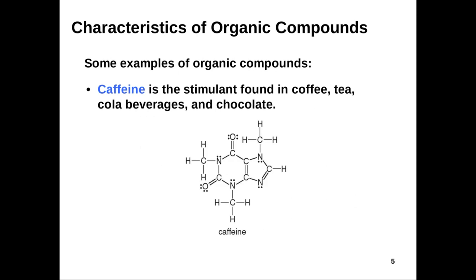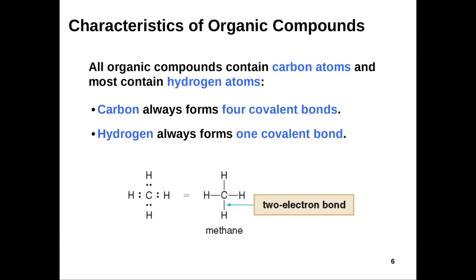So caffeine is another fantastic example of an organic compound. Everyone runs on caffeine probably, whether it's natural caffeine from your body producing it, or you're drinking it. For instance, I'm drinking a soda right now that has caffeine in it. But when we think about what actually defines an organic compound, it's anything that basically contains carbon atoms,